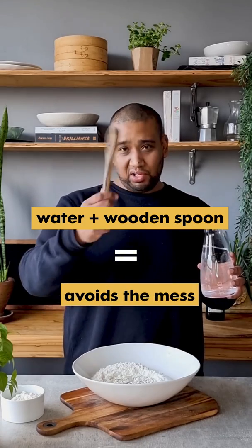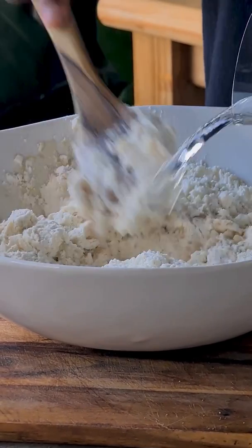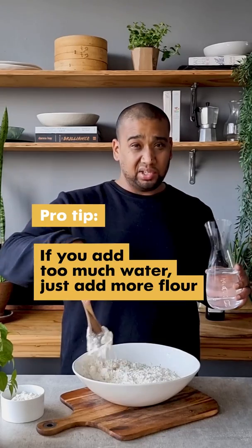Time to go in with the water, and just to not start a big mess in the beginning, I'm going to use a wooden spoon, and a little bit at a time, just to work all that dough in. If you do add too much water, it's fine. You can just add a little more flour,